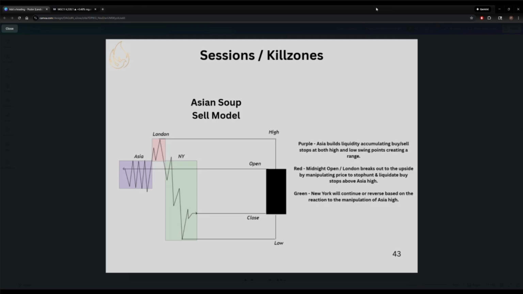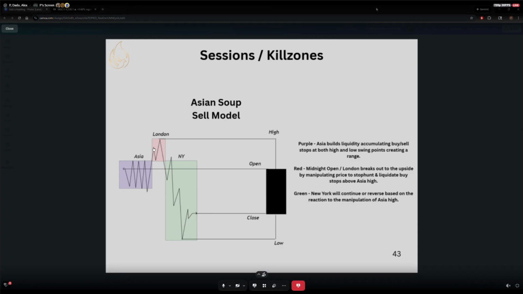If New York is the continuation of London, yes, we continue. Which high and low would we target? We continue downside, because if London made the high of the day, for this example,